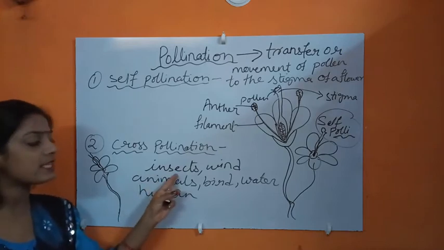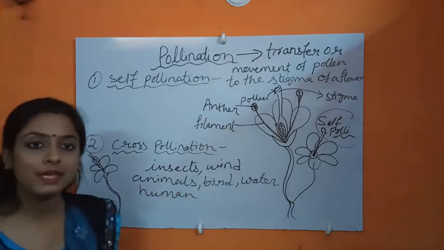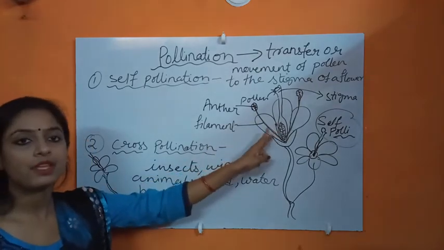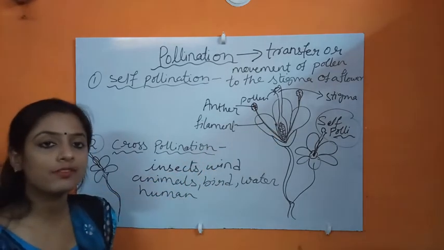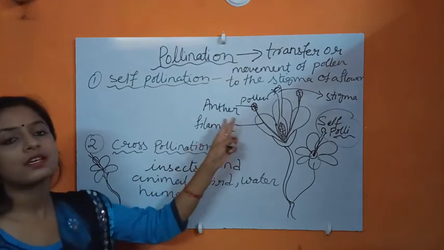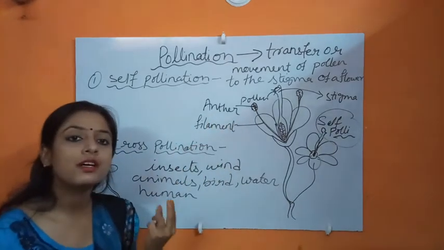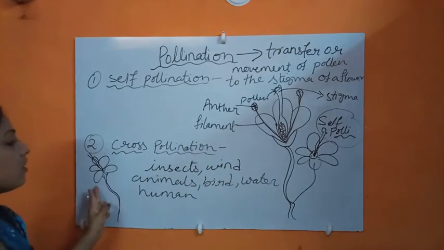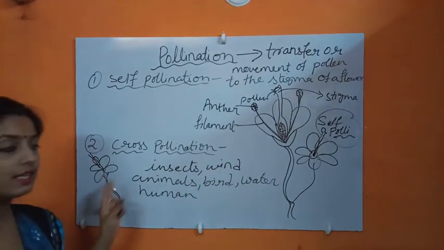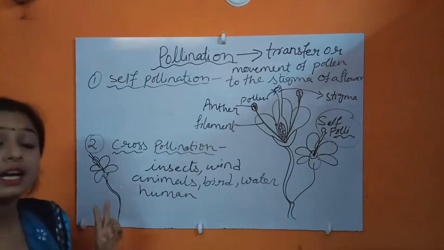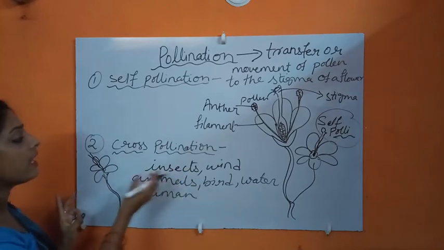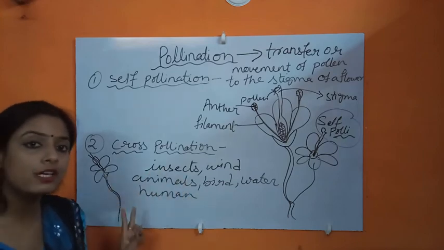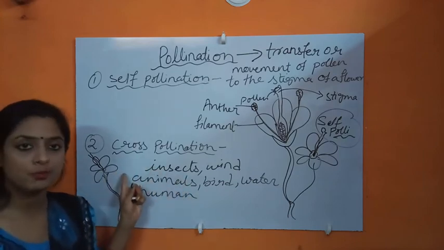The most common insect is a butterfly or a bee. When a butterfly or honeybee sits on a flower, pollen grains get stuck to its legs, and when that insect sits on another flower present on a different plant, then cross-pollination occurs. Thus the agent, that is an insect or bee, plays an important role in the process of cross-pollination.